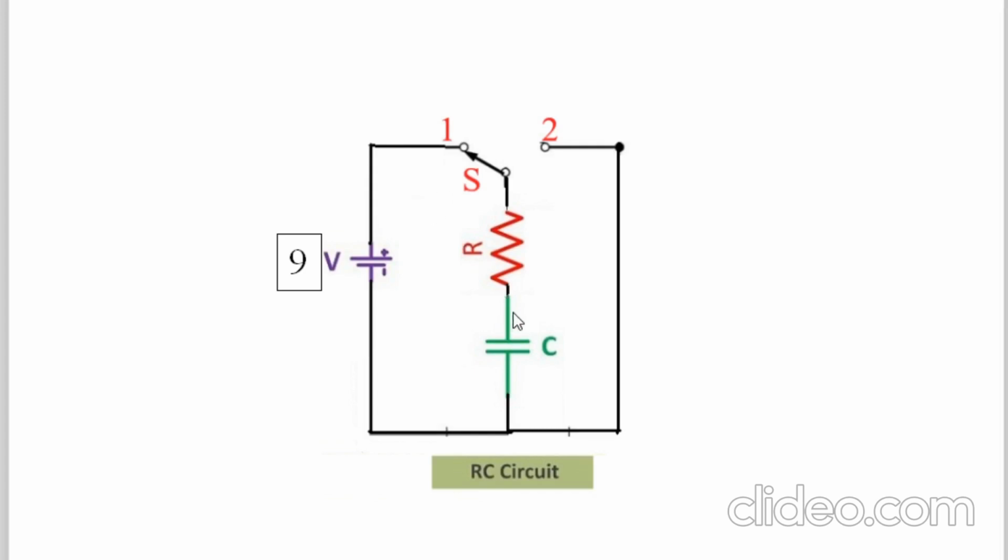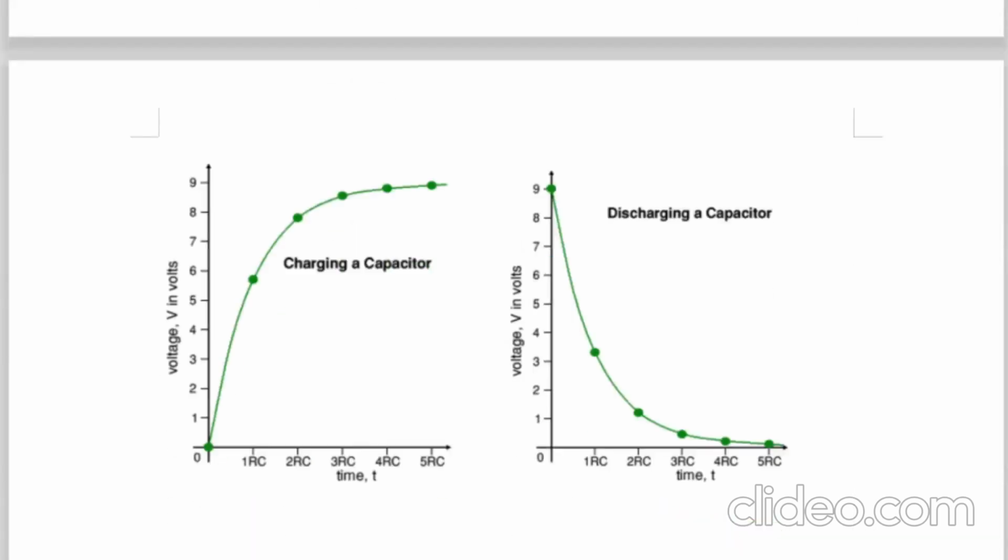So 4 volt potential difference is further less as compared to 7 volt as well as 9 volt. Therefore current goes on decreasing, and therefore it is said that in this circuit the current is not constant and capacitor charges exponentially, and in this way voltage across capacitor goes on increasing. So here, to what value will the capacitor charge? Because the battery is of 9 volt. So see here it is 9 volt, and how long time it will take, see here it is a 5 RC time constant.